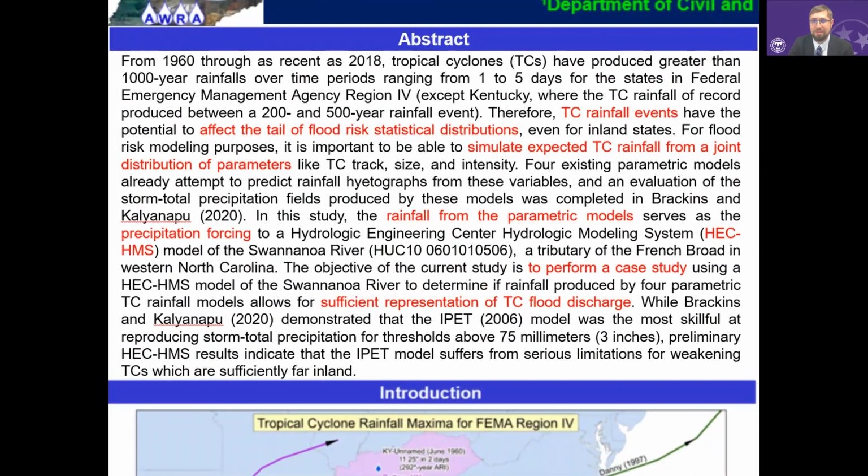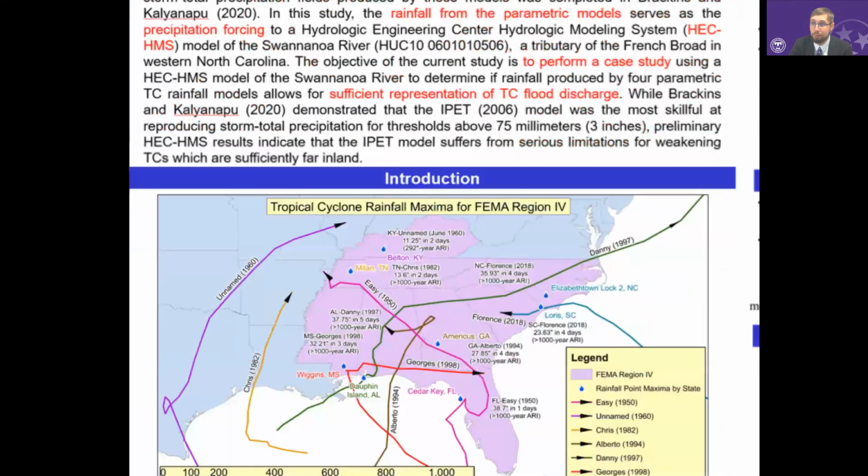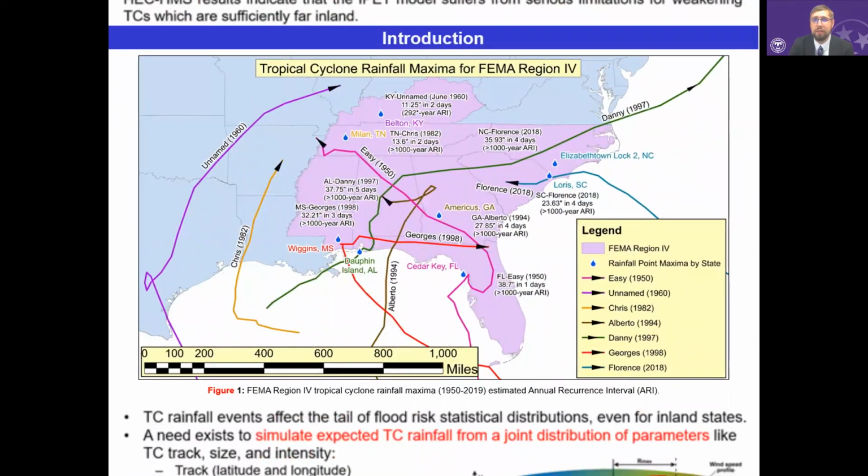I'm not going to read the abstract to you, but I will summarize by saying that we're looking at tropical cyclones and the rainfall produced by those, and if we can use statistical parametric models to effectively determine TC flood discharges using the rainfall that we would get from those models. Previous work by myself and Dr. Kalyanapu has demonstrated that the IPET model that we'll talk about was the most skillful of the four that we evaluated. These tropical cyclone maxima affect all of FEMA Region 4 at greater than 1,000-year ARI, with